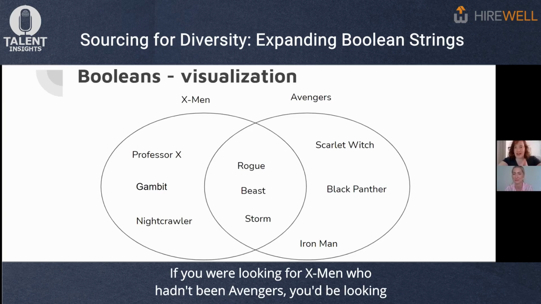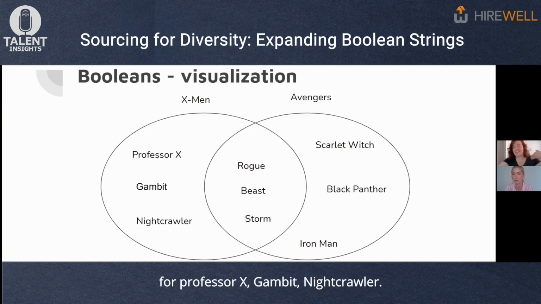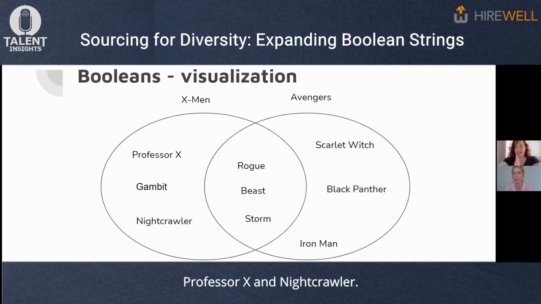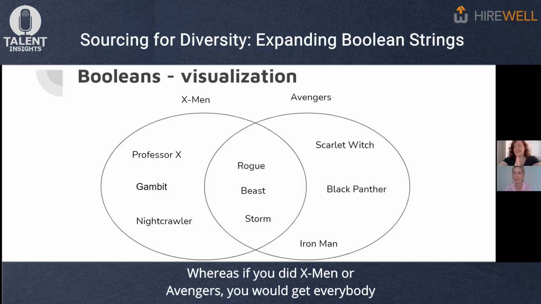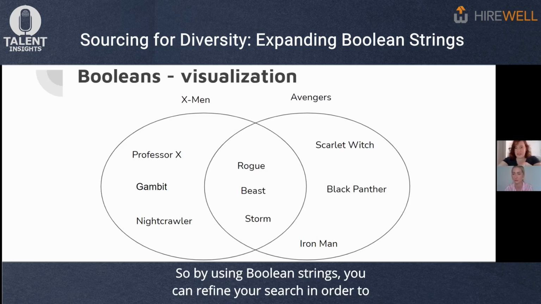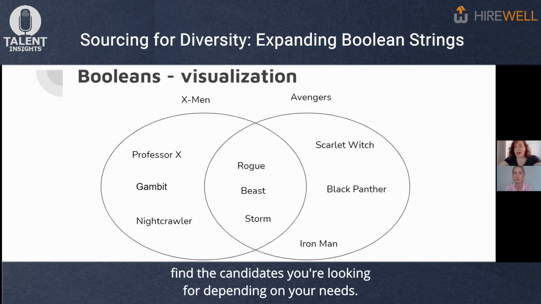If you were looking for X-Men who hadn't been Avengers, just X-Men, not Avengers, you would get Gambit, Professor X, and Nightcrawler. Whereas if you did X-Men or Avengers, you would get everybody who's in this current circle. So by using Boolean strings, you can refine your search in order to find the candidates you're looking for,